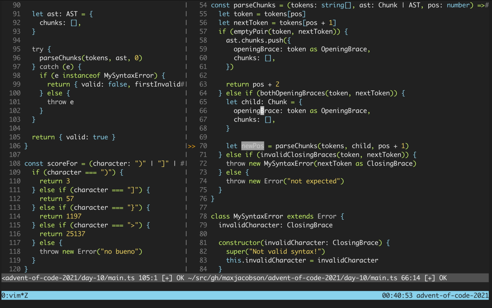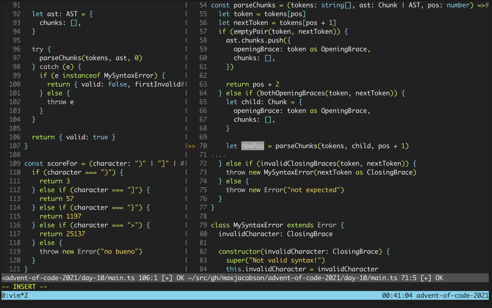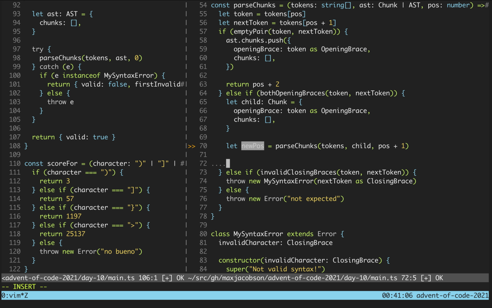Right, and so we then are going to kind of drill in. So we're going to advance the next character, which is also an opening brace. And then ultimately, when we're done here, we're going to say